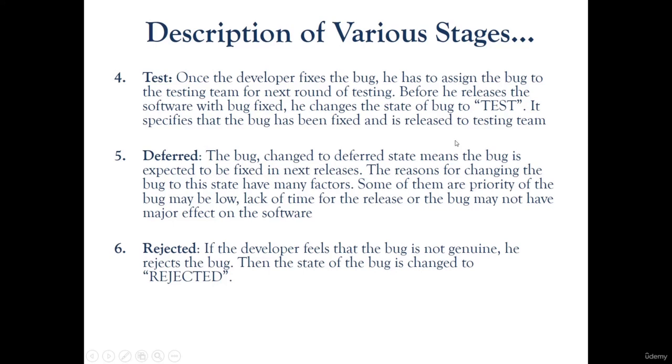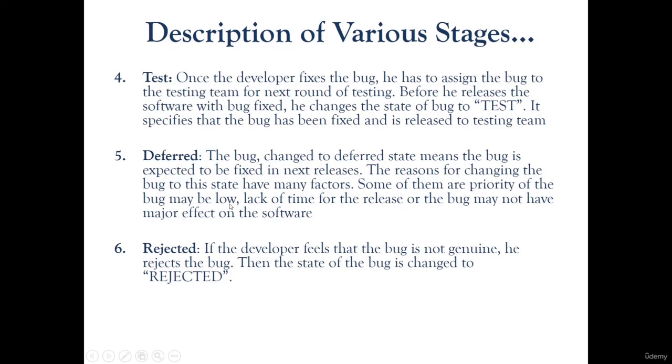So once the developer marks the bug as test, as you can see in the previous image, it specifies that the bug has been fixed and now you need to test it properly. And the deferred state means that the bug is expected to be fixed in the next release. So in this release, they are not fixing it, but the reasons for changing the bug to this state have many factors. Some of them are the priority of the bug,